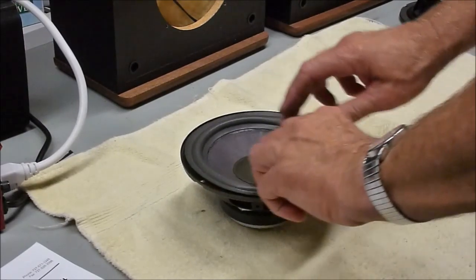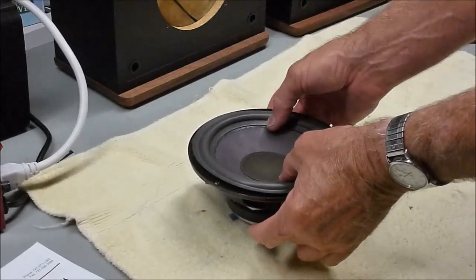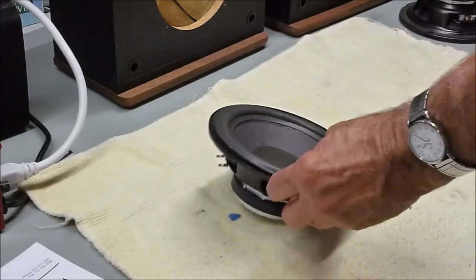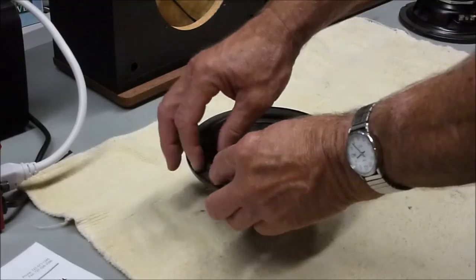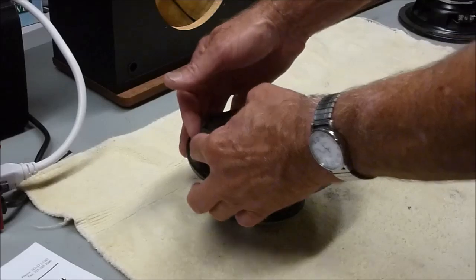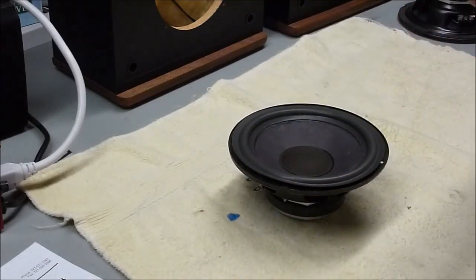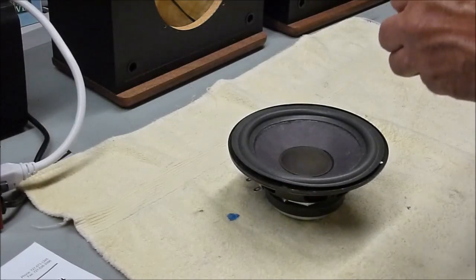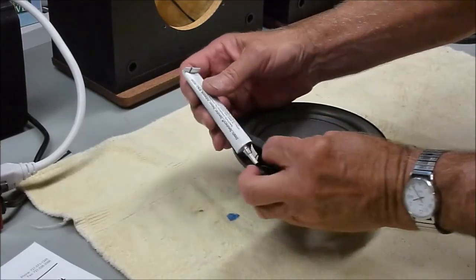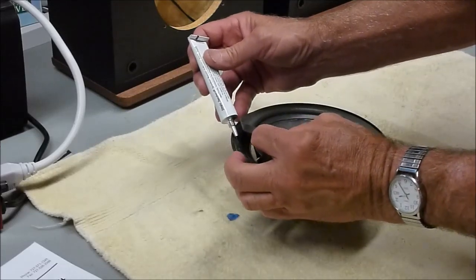Alright, now the glue on the foam has cured to the cone. So now we're ready to go ahead and put some glue on the outer part of the surround underneath here and glue the foam to the metal basket. So the way to do that is take the glue and lift this up a little bit. Then just run about a 1/8 inch bead all the way around right on the edge of the metal